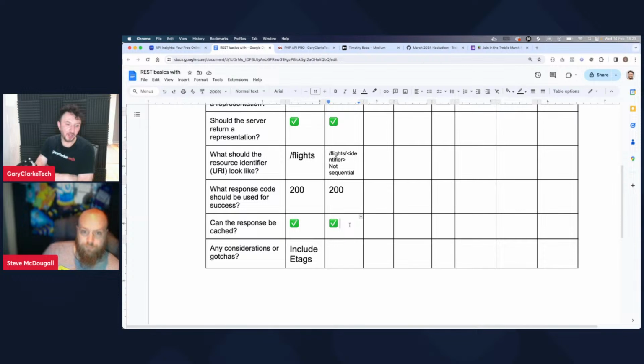All right. Anything that you'd consider for a request for an item resource as opposed to a collection, or are they roughly doing similar things except with different data, returning different data? What would you say? They're kind of doing similar things. So again, you want to include e-tags. And